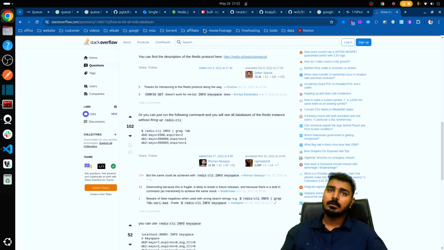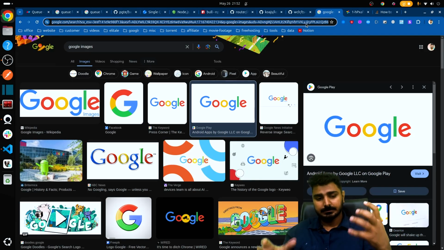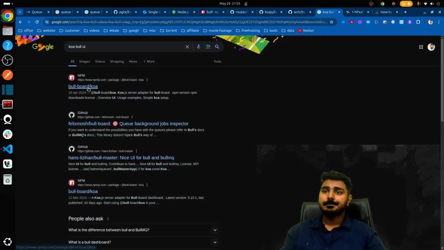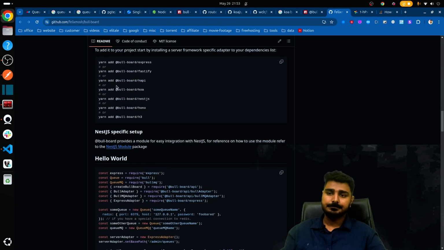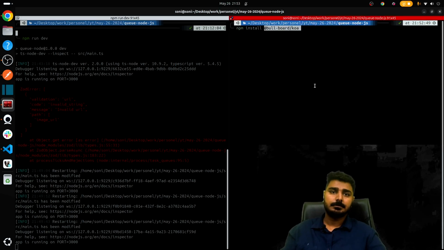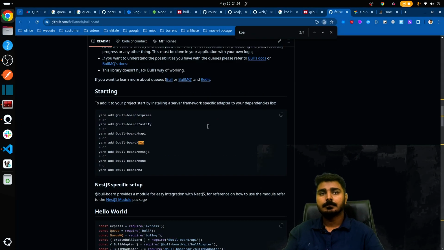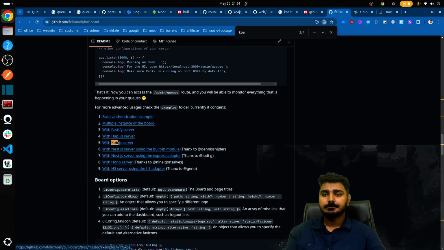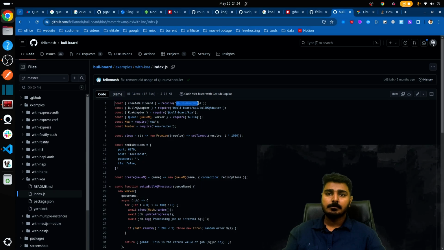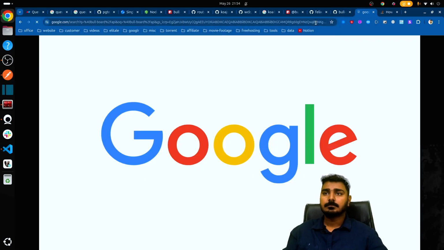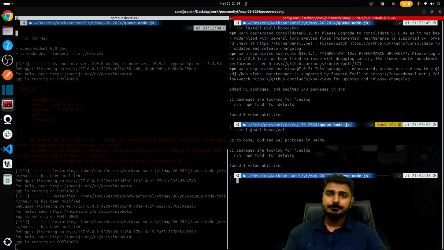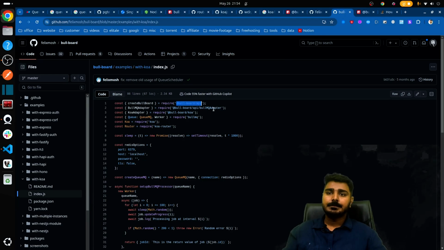We are going to install our interface, a UI to see the running jobs. So core bun UI. So npm install. Since everything has been installed,